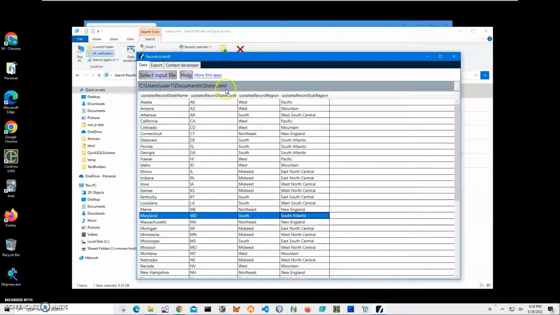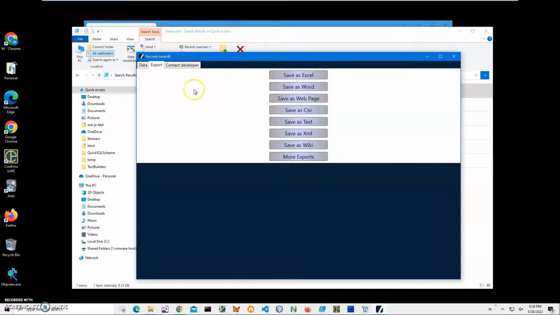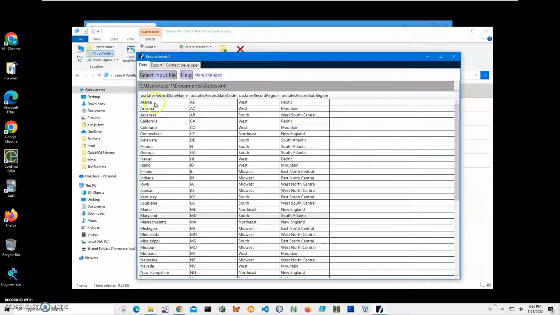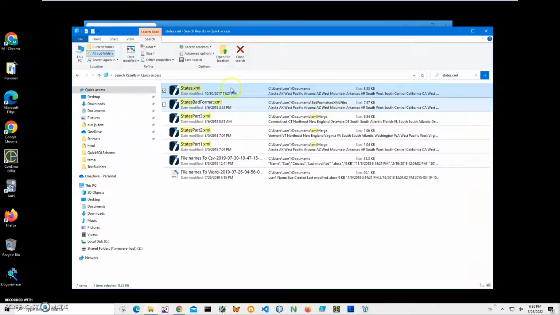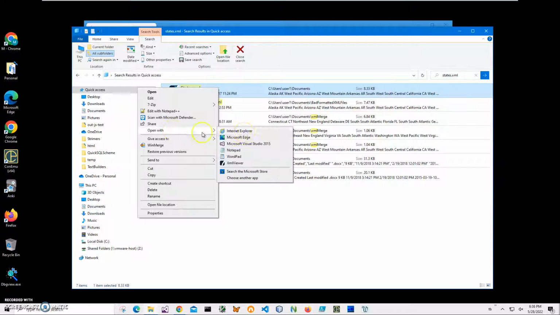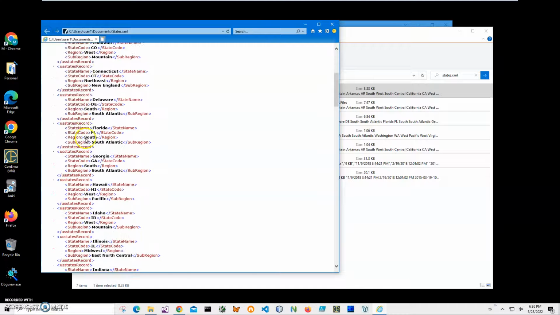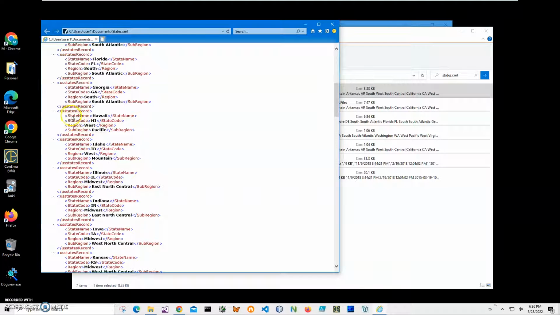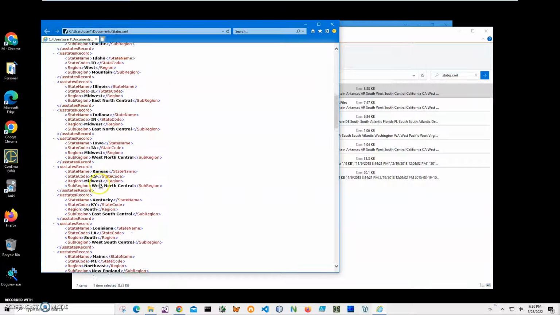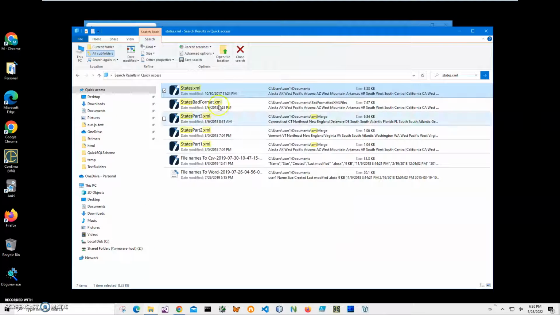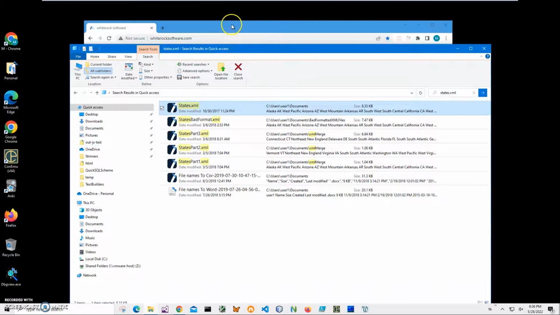I can also export into a different format if I want to, but this is like a table representation of this XML. If I open it in Internet Explorer, it will show me that this is XML with tags inside and all data wrapped into tags. So I will be using this file to convert it into TSV, and to do it I will use an app